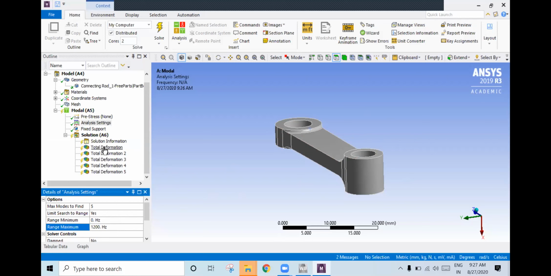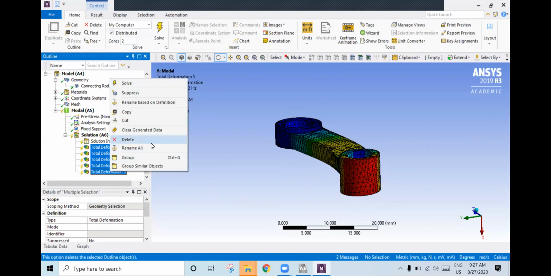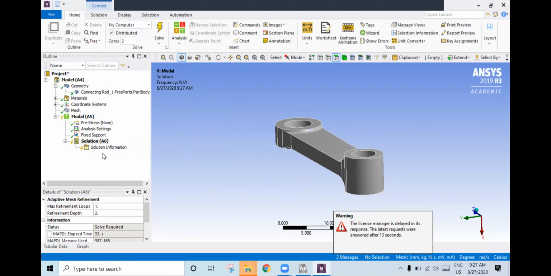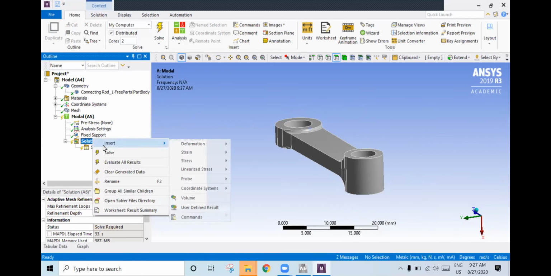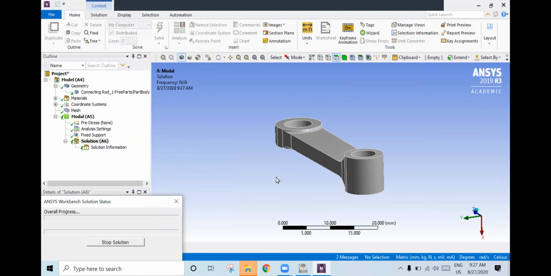So what I will do is delete these things. Fine. Have you given this? Yes, 0 to 1200. Again go to solution, right click, solve. We'll see. Are all of you getting it? Someone please reply.